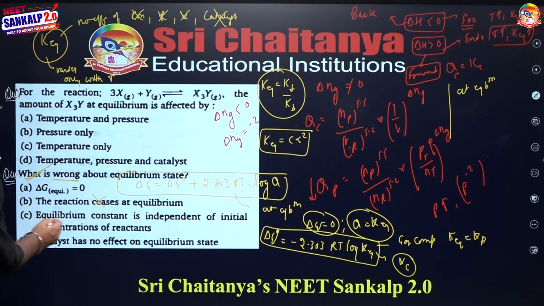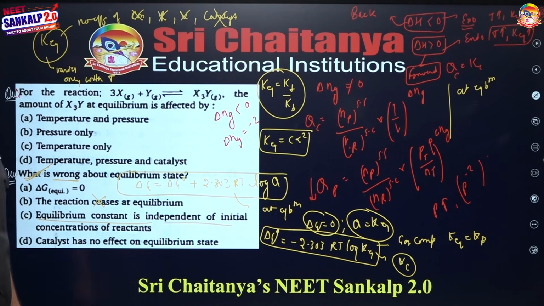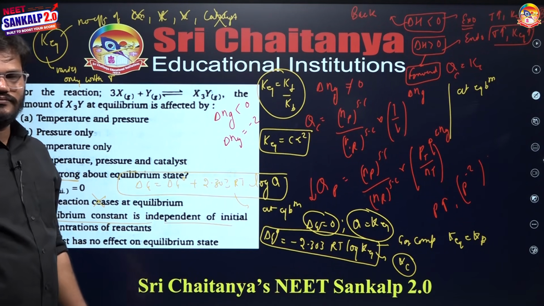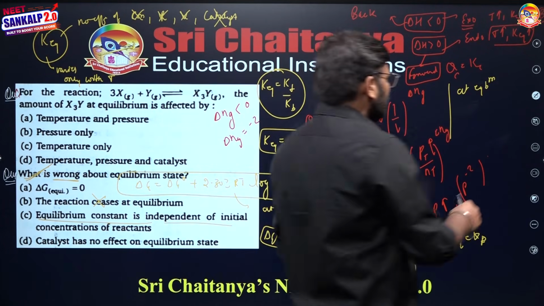So the K equilibrium constant is independent of initial concentration, pressure, volume, and catalyst taken. Catalyst has no effect on equilibrium state. Yes, if you add catalyst at equilibrium, it will have no effect. So these points are very important. Okay. So now moving to the